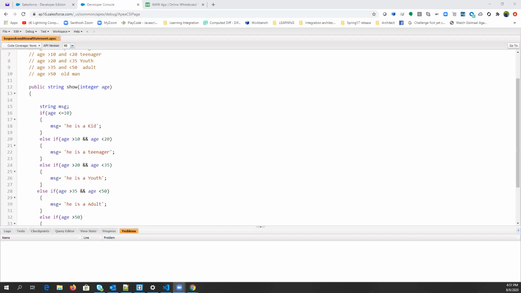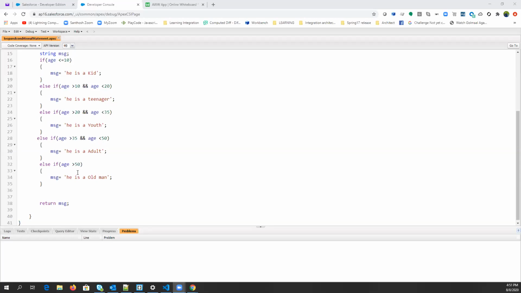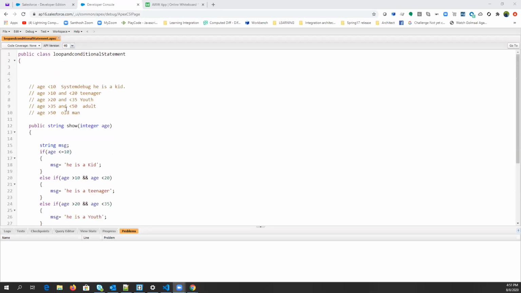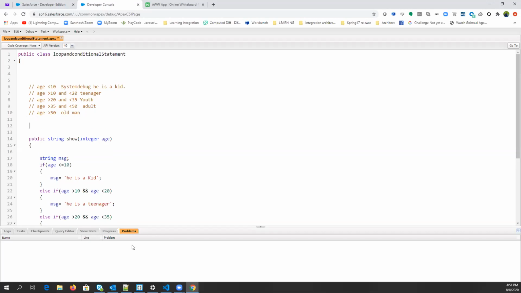So for loop, basically we need a loop just to get all the values in a list, set, or anything, right? So we have three types of loop: while loop, do while loop, for loop, and we have an extra type of loop that is called collection loop, right? In other programming languages like .NET, it is also called for each loop, right? So let's just discuss while loop. What is a while loop, right?